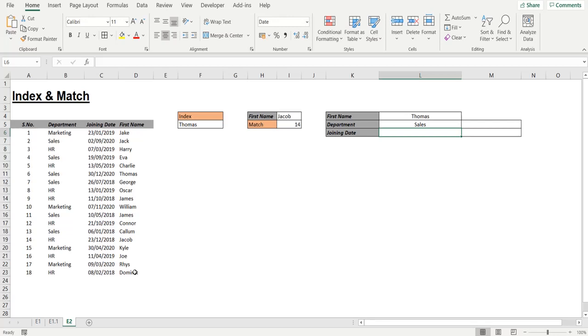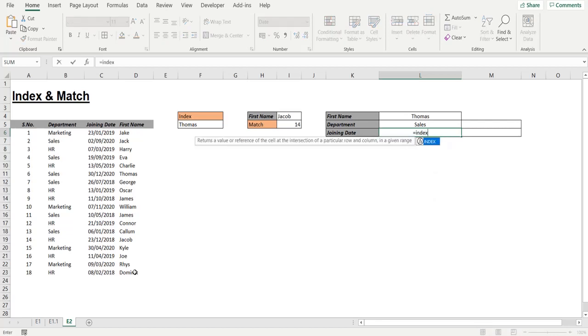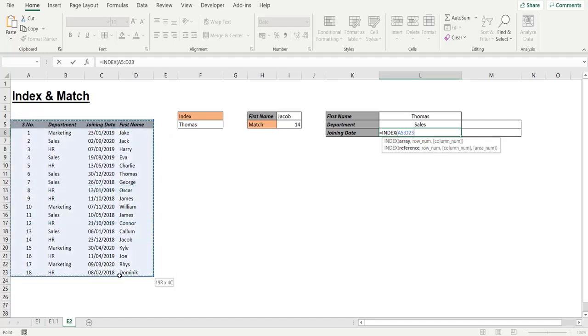If you like to know the joining date, I will type the formula again, index, select the table or a data range, and then the row number. For row number, we will use match function to know the position of particular person. Lookup value, we will select a cell, comma, then the data range